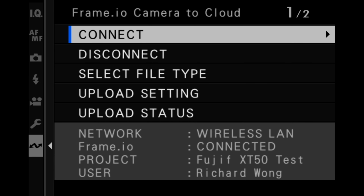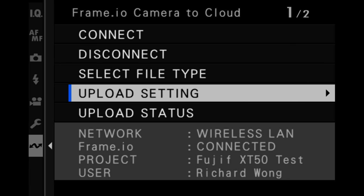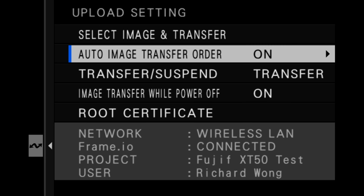Some of my regular viewers may remember I talked about Frame.io support in my recent Lumix S5II firmware update video, as Panasonic has also implemented this feature to their Lumix S5II and the S5IIX via a firmware update. Fujifilm and Panasonic's implementation are very similar and provide very similar features but slightly different in a few areas. However, there is one major difference, and because of that, I think Frame.io is a lot more user-friendly with this